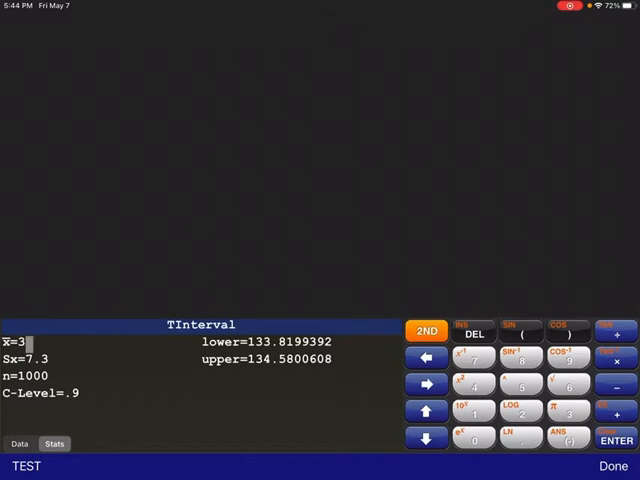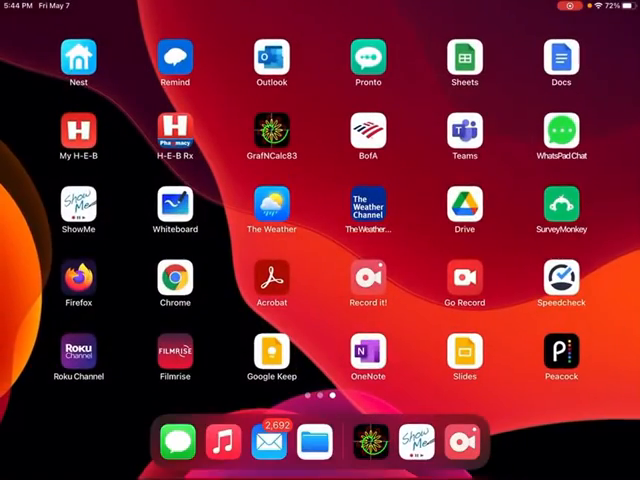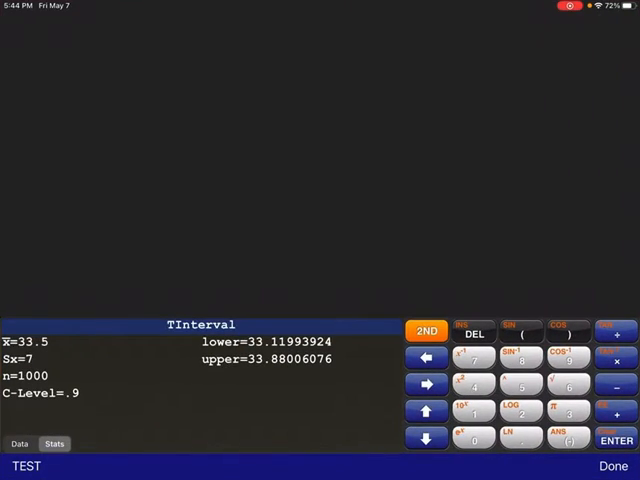And we said our X bar was 33.5. Our SX was, I think it was a 7.2. Okay, so let me come back here, 7.2. My N I know was 29, and our confidence level we said was a 0.98. Okay, and then I'm just moving them back up and down. And if you notice, my lower number is 30.201. And my upper number is